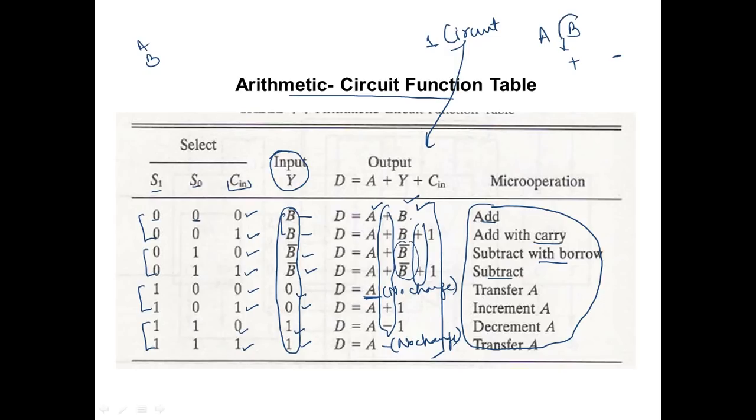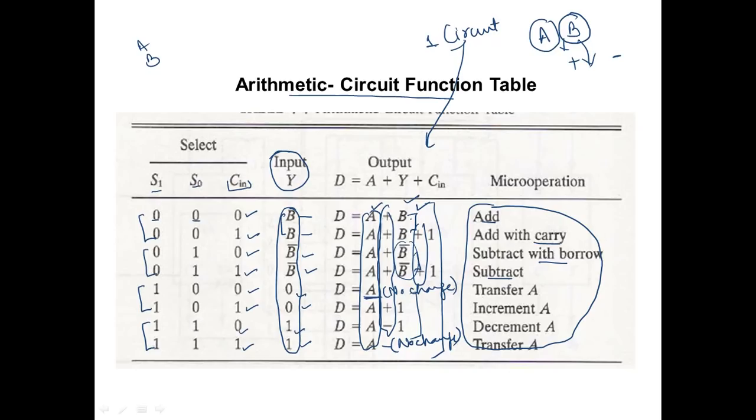So it means that the data will always be processed on this B register only. I am only changing the values of B. Sometimes I'm using it, sometimes I'm not. The A will remain the same throughout, so I need not provide anything as an input in the case of A.